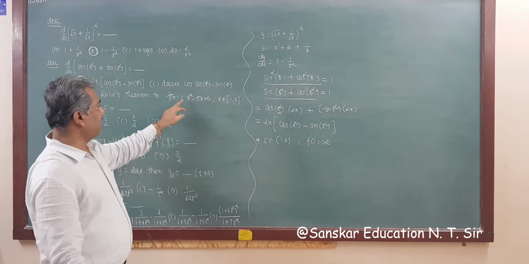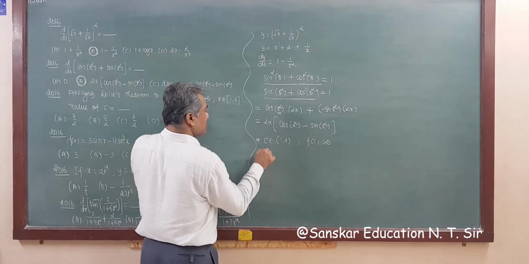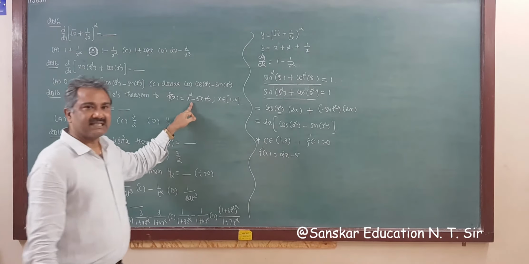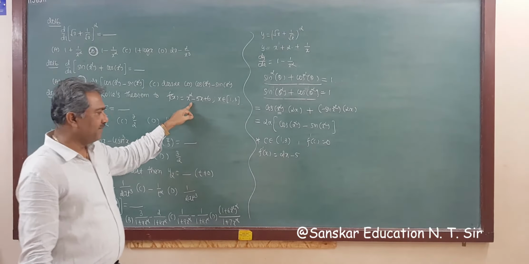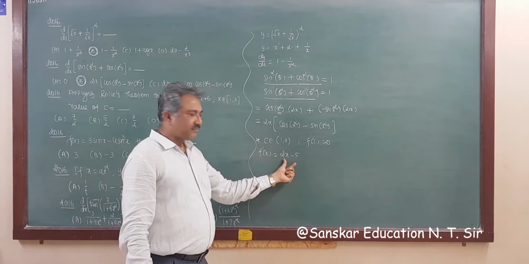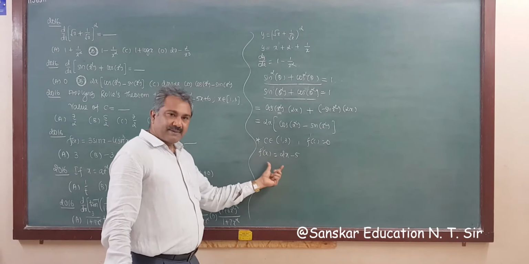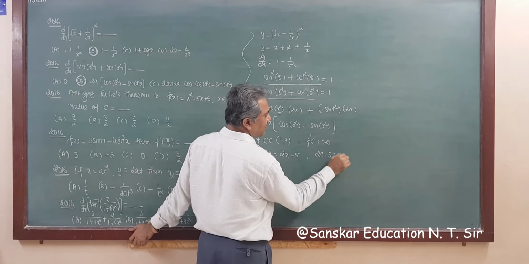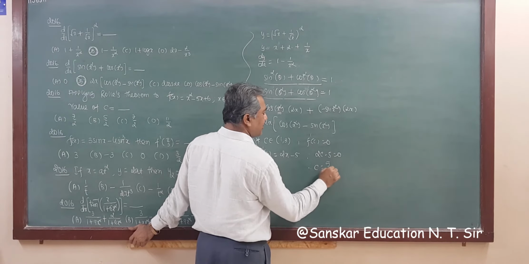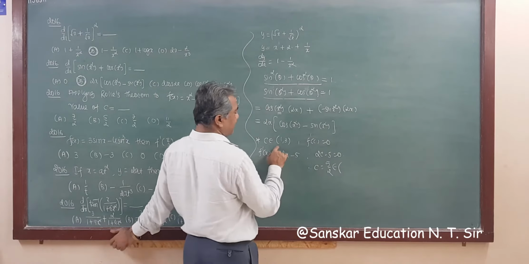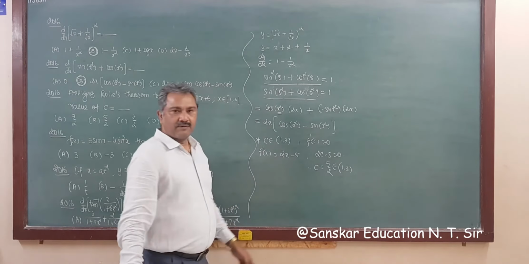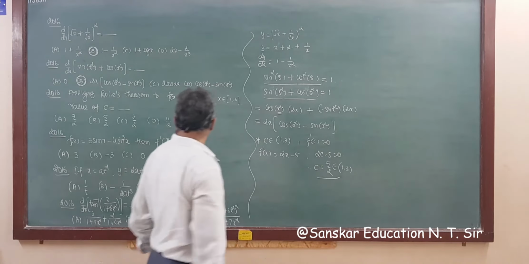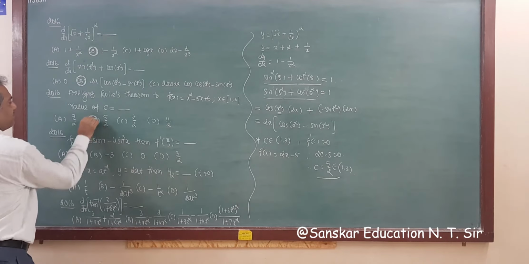That means you require differentiation of this, that is f dash x. So f dash x is equal to twice x minus 5. Right? Now this f dash c is equal to 0. That is, twice c minus 5 is equal to 0. That is, c is equal to 5 by 2. And does c is equal to 5 by 2 belong to open interval 1, 3 or not? Because 5 by 2 is 2.5 and 2.5 lies in this interval. So this is your correct answer. So c is equal to 5 by 2. That is, option B is your correct answer.